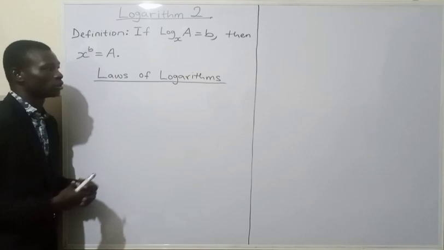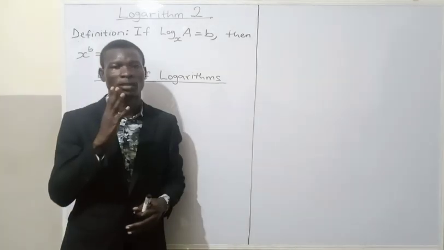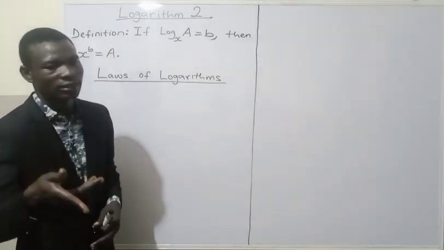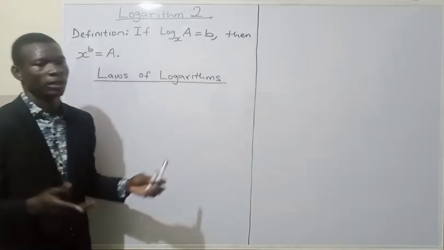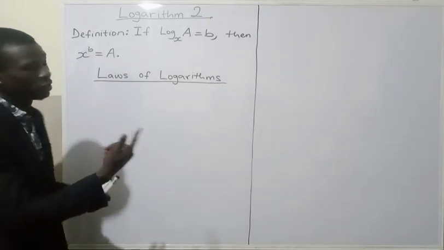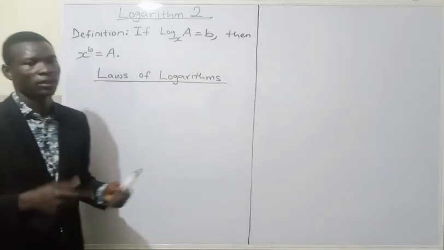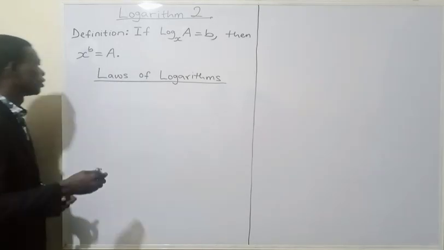So we'll be going through the laws of logarithm. Basically, there are 4 laws of logarithm, but when we extend these laws, we may have 7 to 8 laws of logarithm. So I'll be taking us through the 7 or 8 laws of logarithm in this video. So law number 1 says